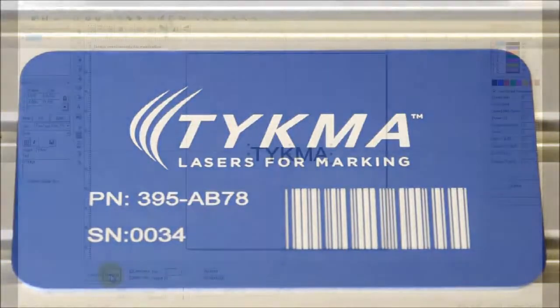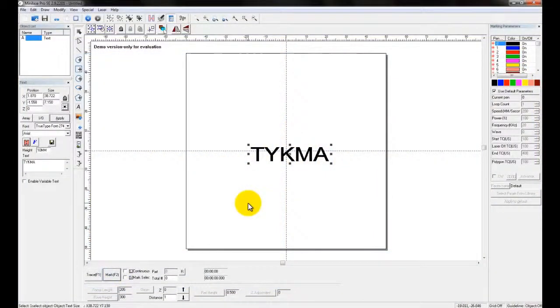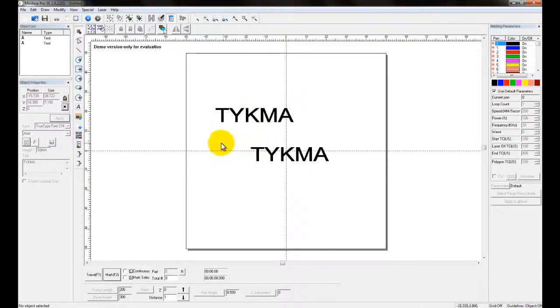Alright, we'll stop that, and now we can discuss how we can mark multiple objects, or we can have multiple objects on the screen but choose to only mark one. So for example, if I have more than one object, I'm just going to copy and paste. If I have two Tykmas, right now if I click off, or even if I have one selected, doesn't matter, and I click trace or I click mark, the laser is either going to trace both objects, and in this